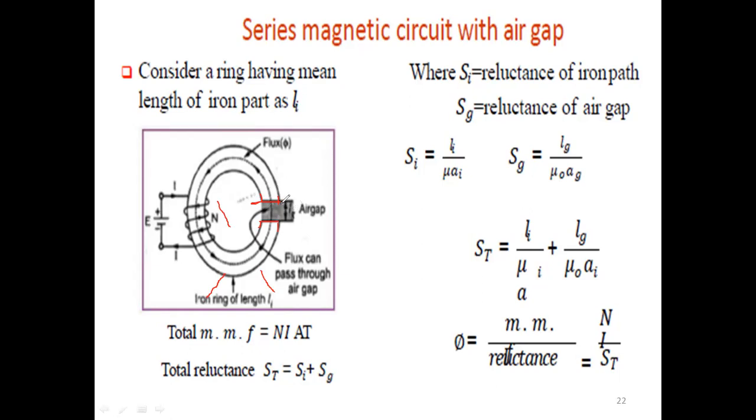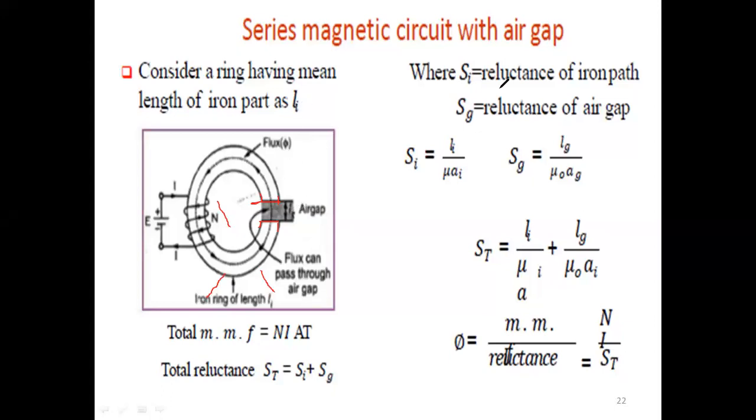The flux phi is the same. You also have to consider the cross sectional area, Ag, and the absolute permeability of air. Then only will it give the complete answer for the total mmf of the circuit. So only two materials, one iron part and one air gap. The length of the iron part I will consider as Li, and the length of the gap as Lg.